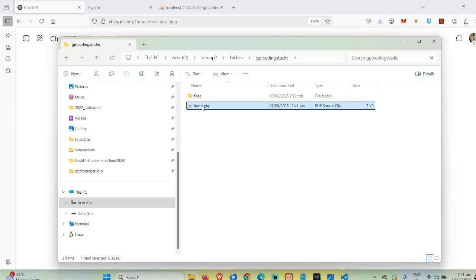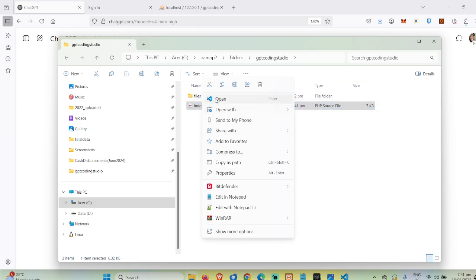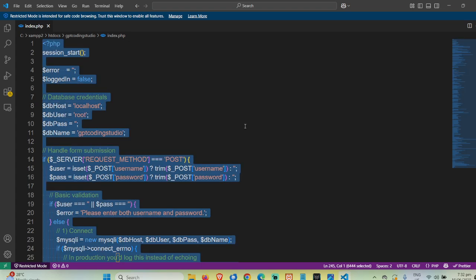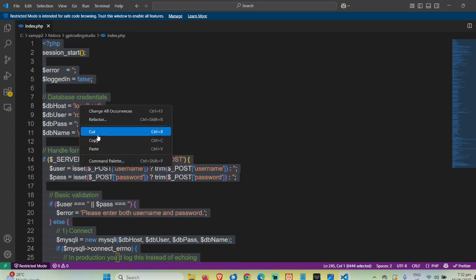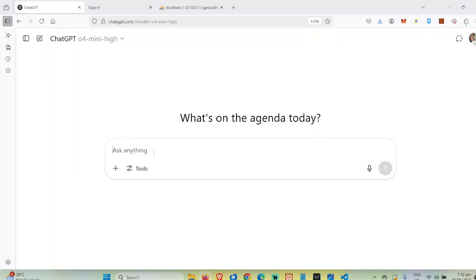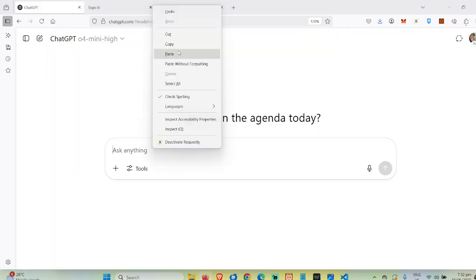All we have to do is open this with Visual Studio and just copy everything. We should not attempt to customize the code to create a sign-up button. We just copy everything, then go to ChatGPT and paste.